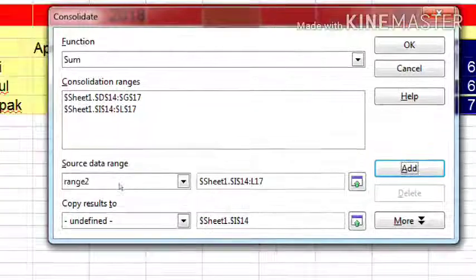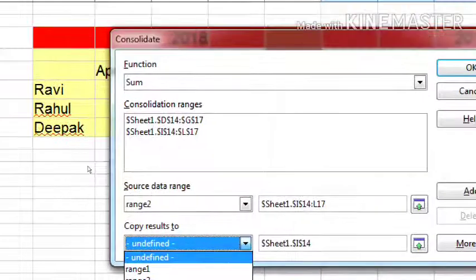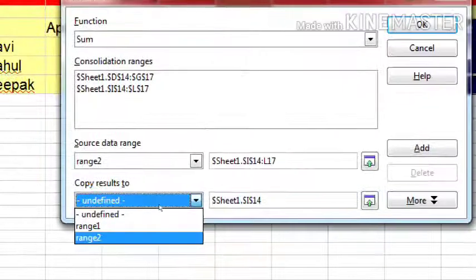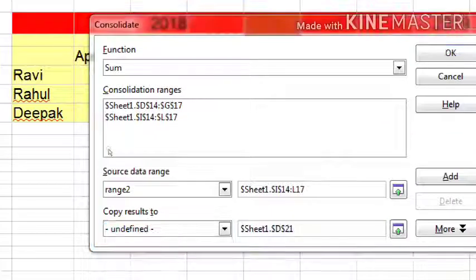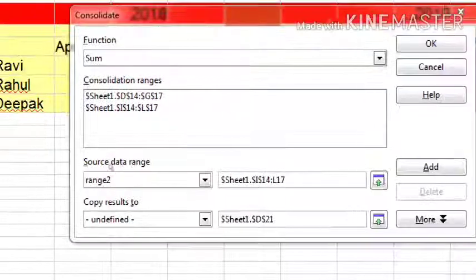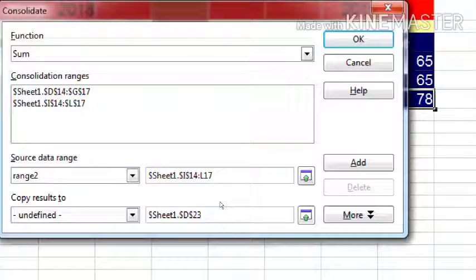Now copy results to here, click this. We did not define the range of the result. Okay, so suppose we are giving the result here. Click outside this window, this Consolidate dialog box, and it will show here. Okay, so click on More.